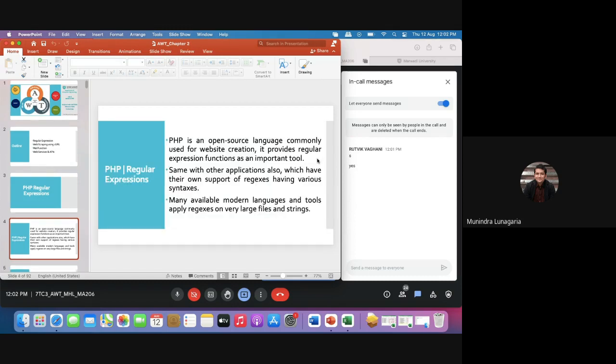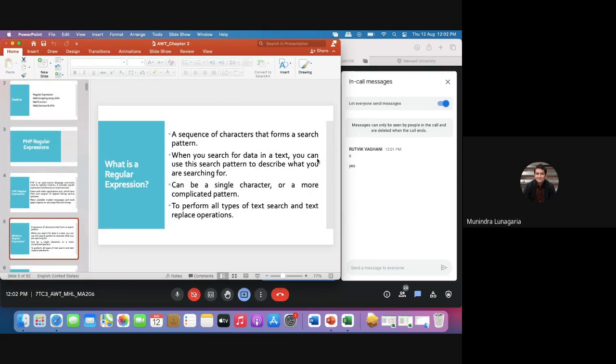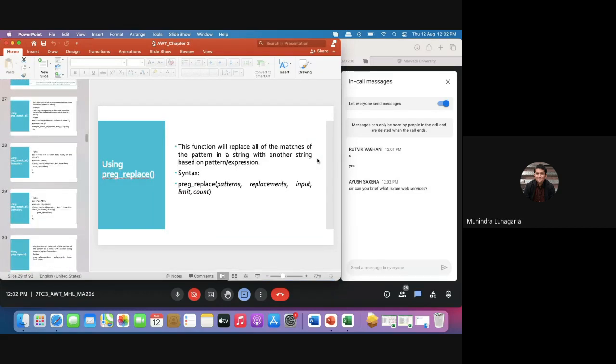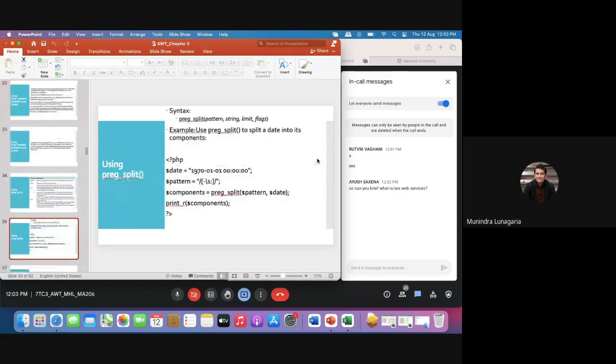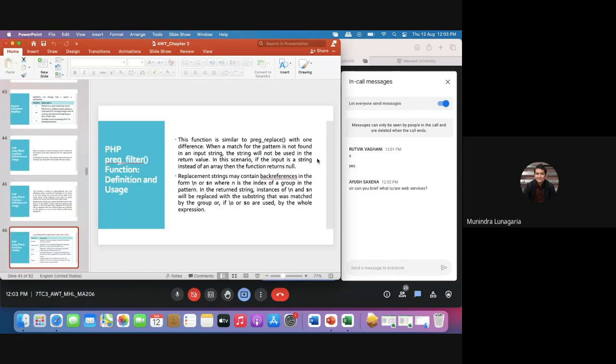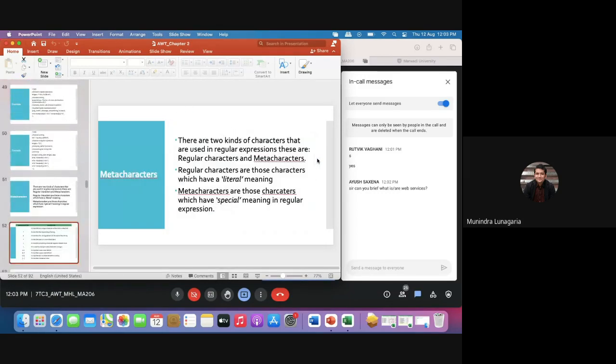We had already completed the regular expression part. So let's get started with curl now.